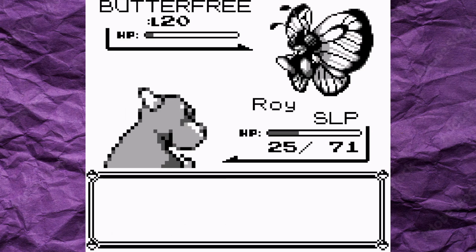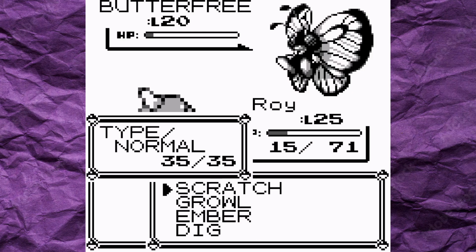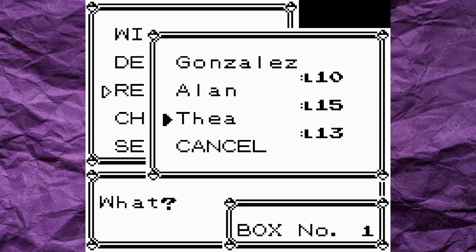Roy is still snoozing when he comes back in, but we have no alternatives. He takes 2 confusions on the chin and the third finally actually misses thanks to Dux's sand attacks, and Roy wakes up and we can finish the job. Do not fight this traitor, man. Good God. We turn back, head to the Poké Center, and say goodbye to Thea and Alan while Gonzalez rejoins